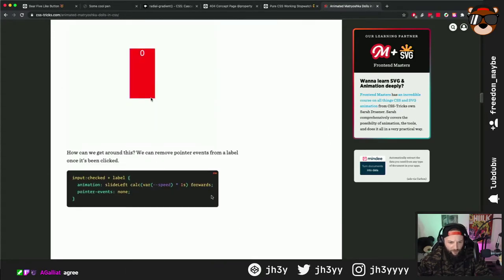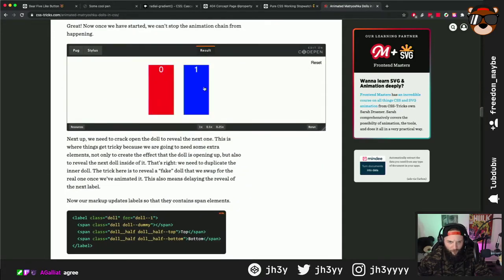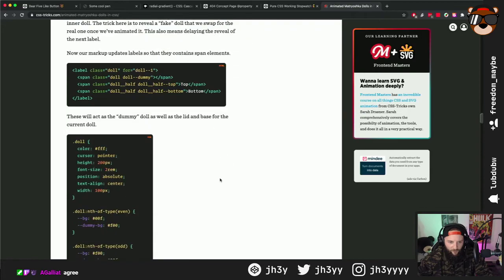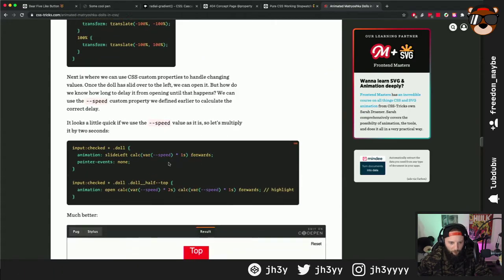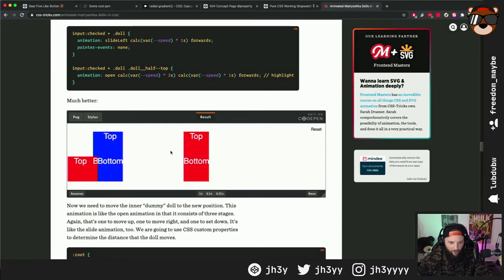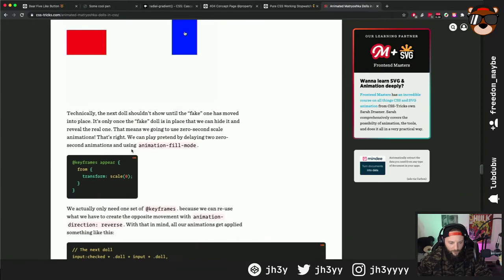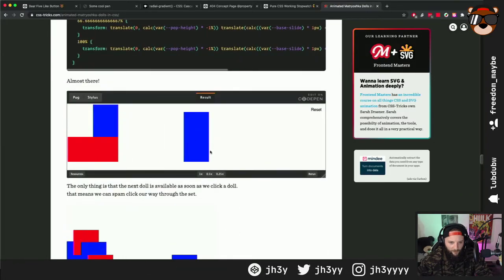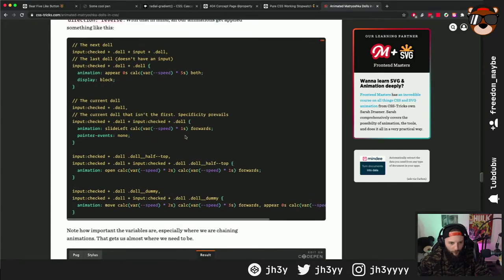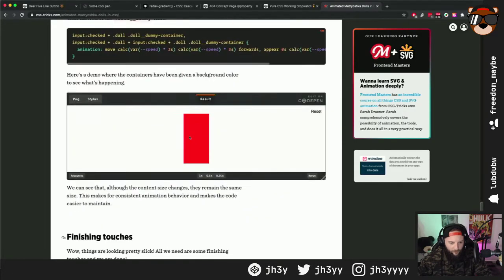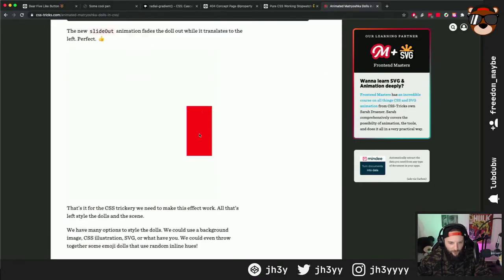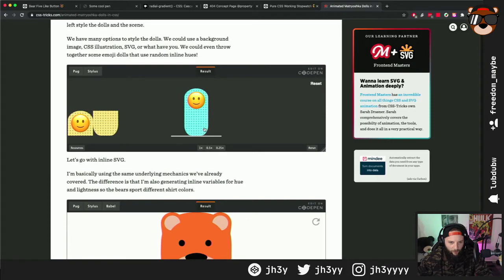This article is actually pretty decent for giving you an idea of how it works. So then you slide them across, reset, and as you build up, you're able to build this Russian doll CSS thing. And then you just take that further and further. So that's what's happening behind the scenes to get it in the right place again. And then the further you get, you add some finishing touches, and you end up with